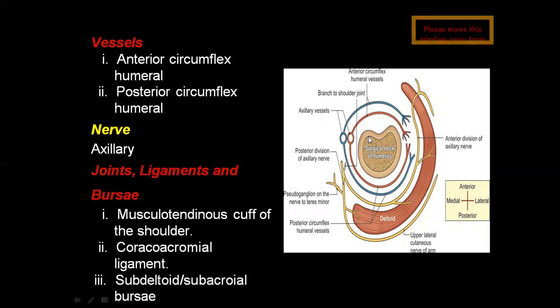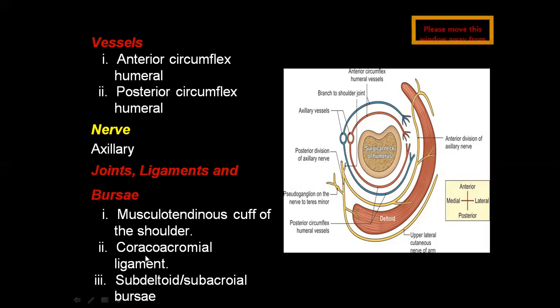Okay, so these are also seen under the cover of deltoid. Shoulder joint is seen, and the ligaments which are associated with shoulder joint we will also see. Coracoacromial arch, we will see musculotendinous cuff. I will tell you as we proceed, like we have the SITS muscles, actually we can say supraspinatus, infraspinatus, teres minor and subscapularis. They form all the support around the shoulder, which is actually called the musculotendinous cuff. We will see in the following slides with pictures.